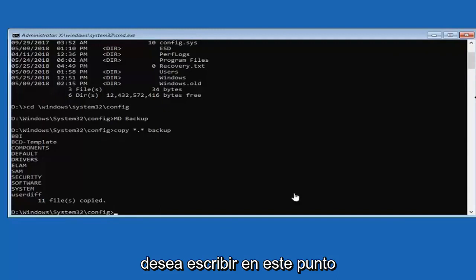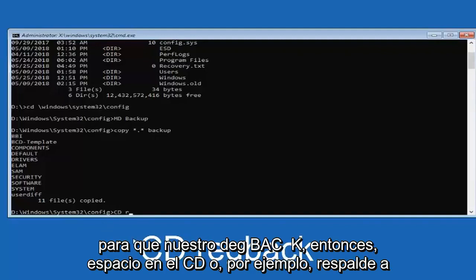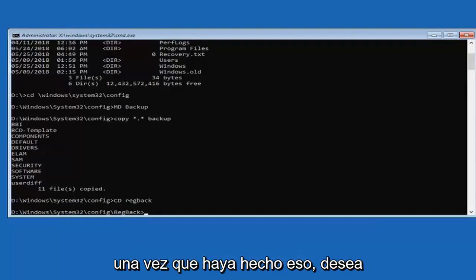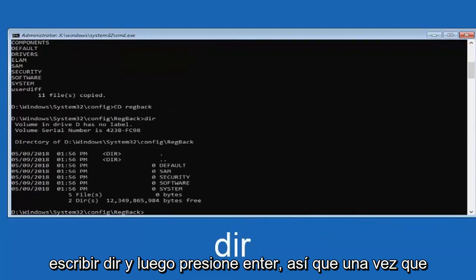At this point, type in cd space regback, so cd space REGBACK. Then hit enter. Once you've done that, type in dir and hit enter.